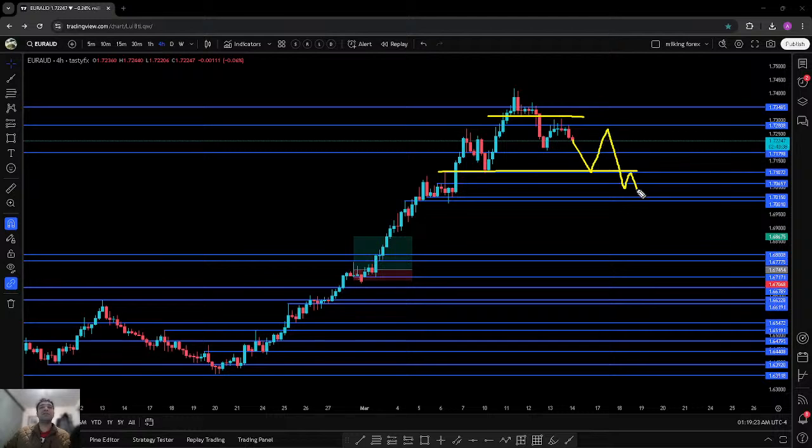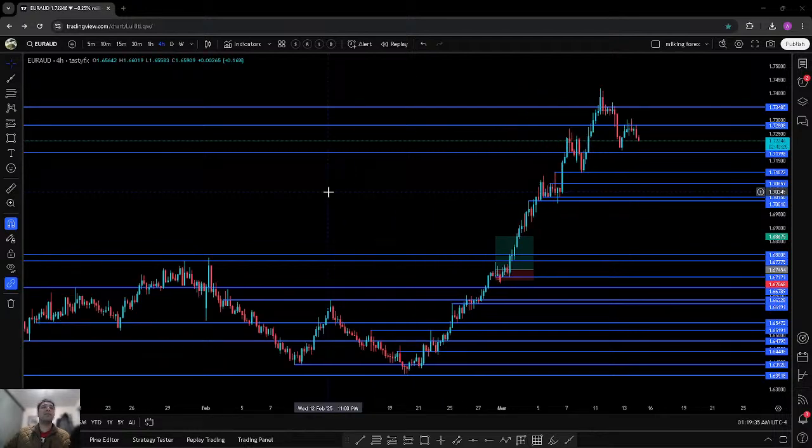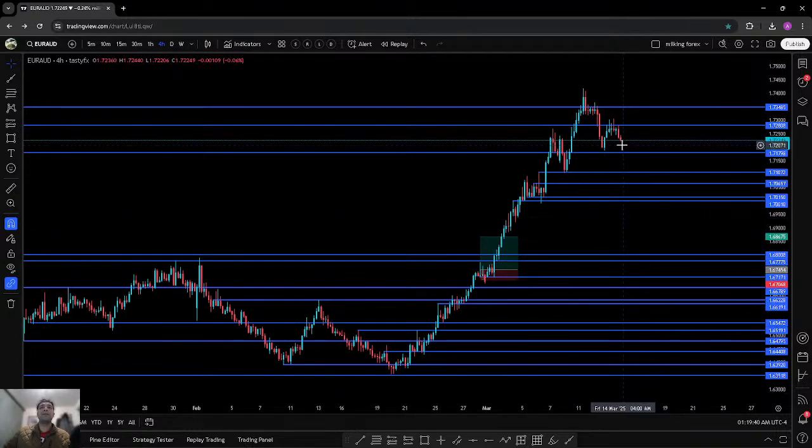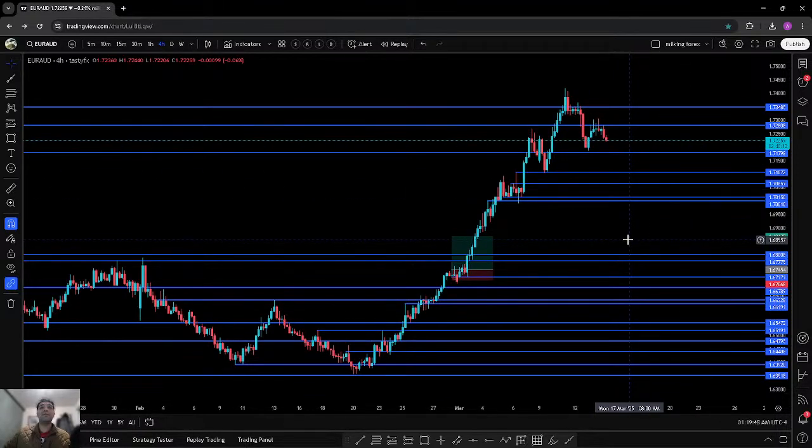Until we get a good break around this point, and even a good break around this point would be much better, because if there is a break around this point, we might see a clear move up till there, or even up till here as well. Most probably the sellers might have been induced in this right now, but we have to wait for the perfect opportunities out there.